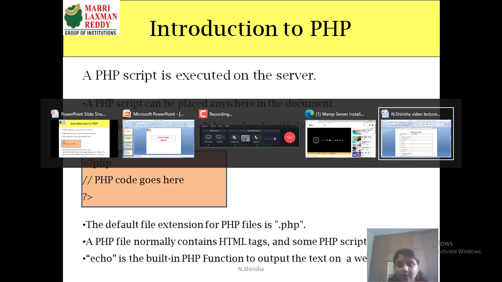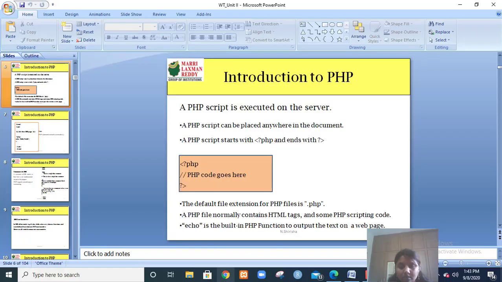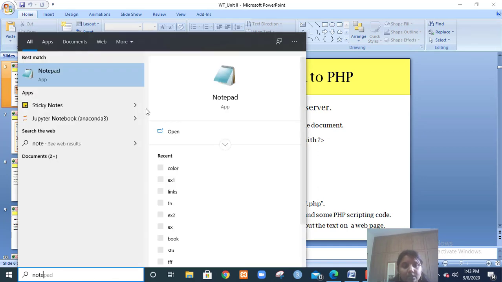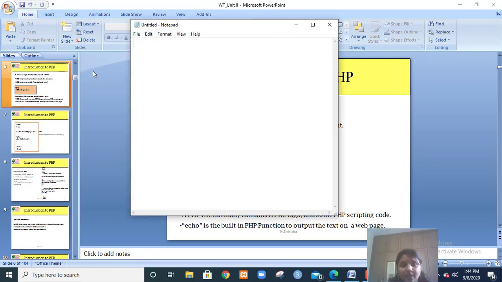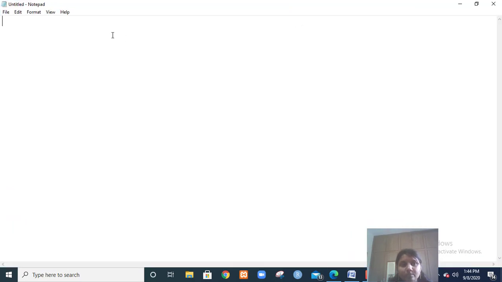Coming to the coding, let me take the help of my editor, which is a notepad. Just take a notepad, and every PHP program should start with a less than question mark php, which is the starting tag of pure PHP code, then a question mark followed by the ending tag.